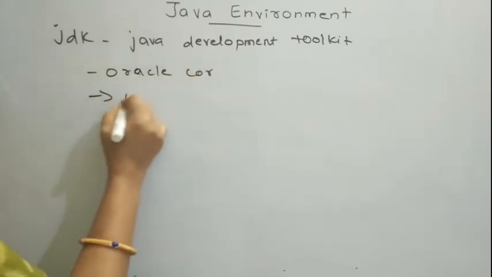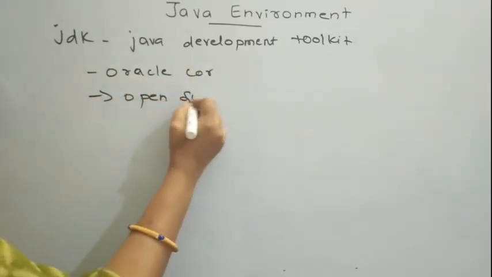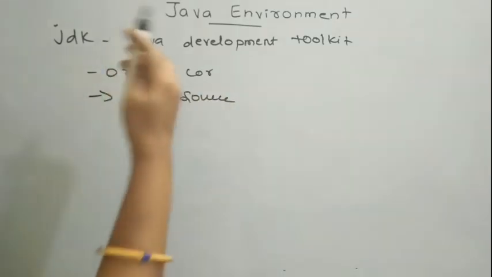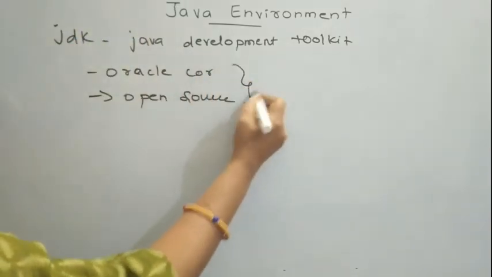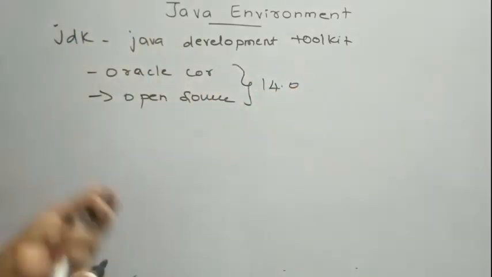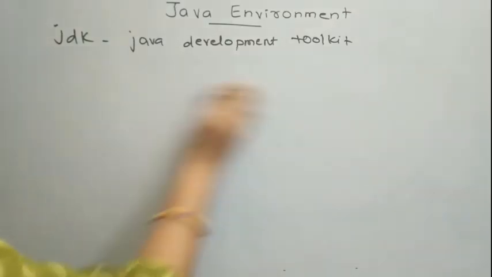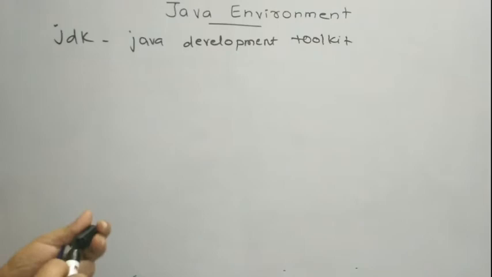It is basically open source, which is readily available on the internet. It is provided by Oracle Corporation. The current version of this JDK is 14. So what does the JDK software development environment contain? It contains